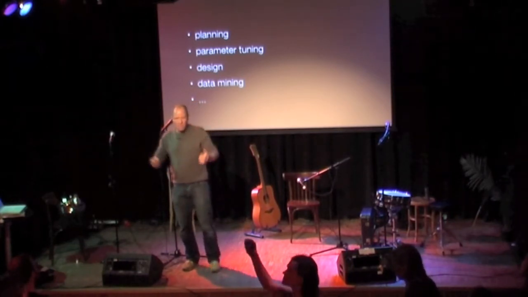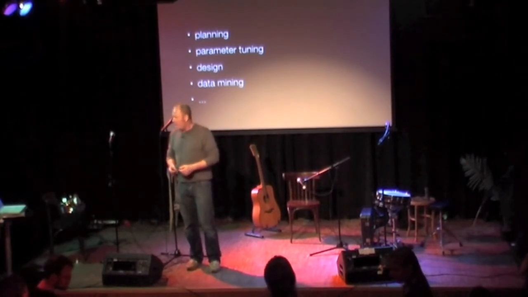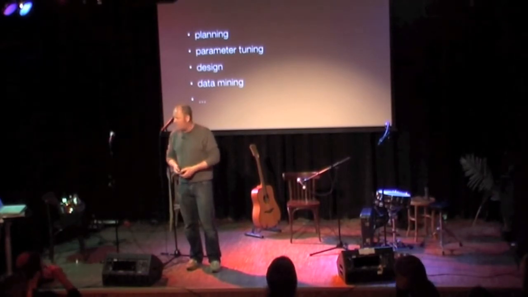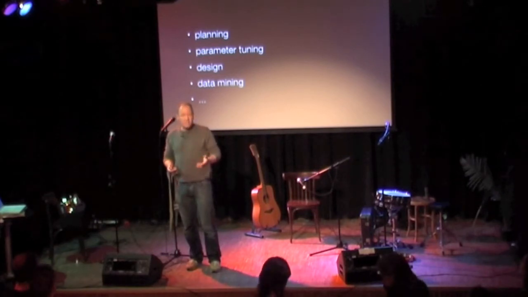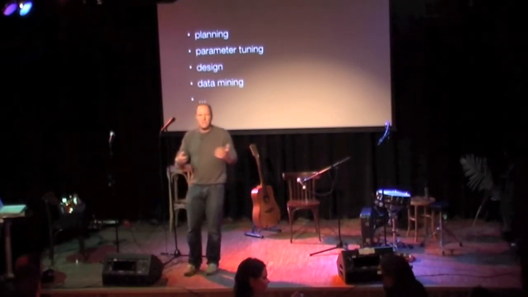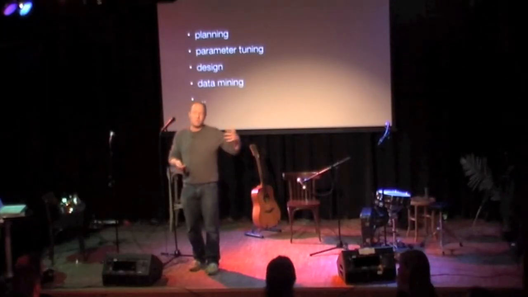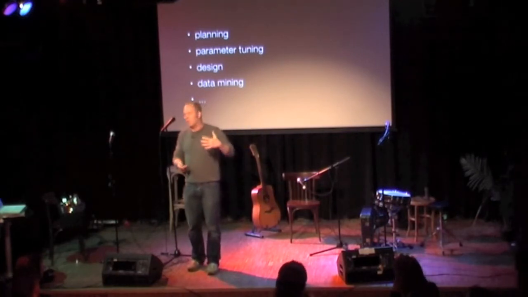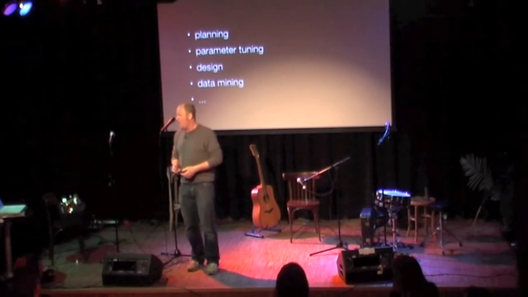If you have some incredibly complex system that you don't understand, you can tune the parameters of that. It's used to design, as we just saw, antennas, robots, of many things. It's used in data mining, and trying to find correlations in databases that allow you to do predictions about, for instance, customers going to another company, or if you're a bank, people repaying their loans, their mortgages, things like that.